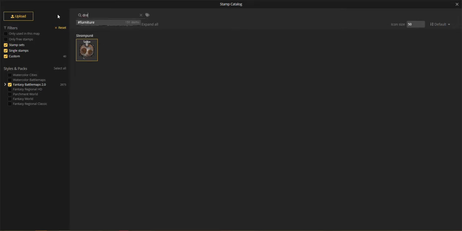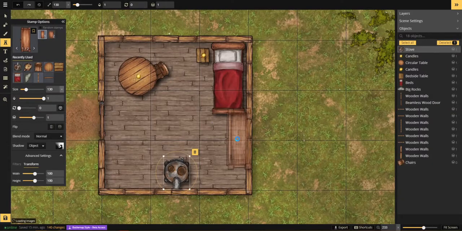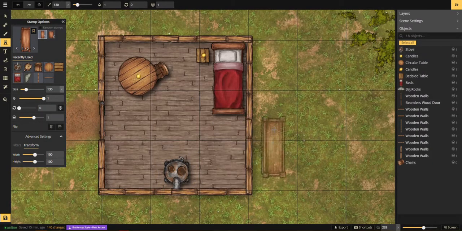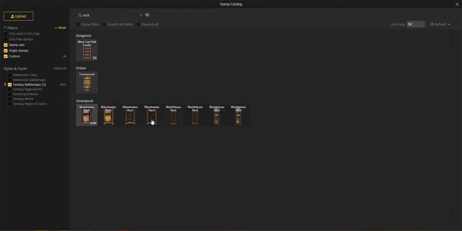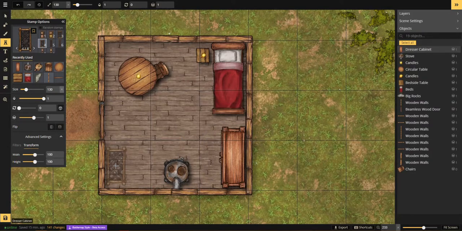And lastly, a rack for the kitchen. So we'll put like this rack here where the person can have their kitchen stuff. And then we go for some,